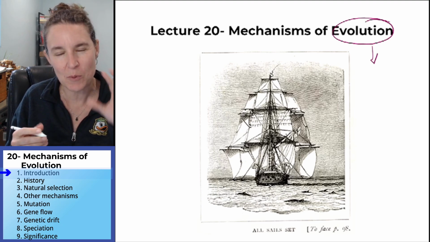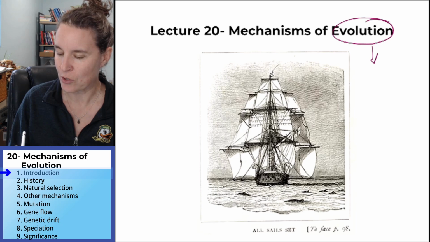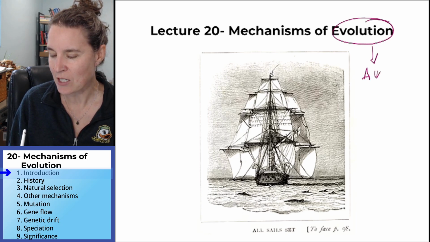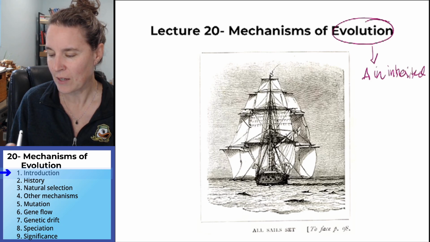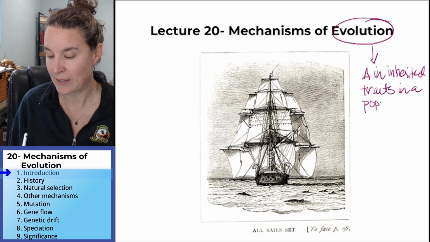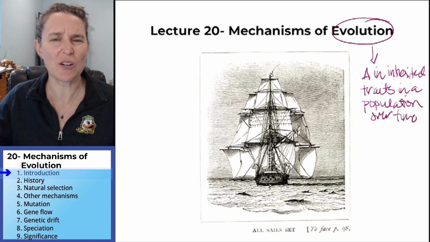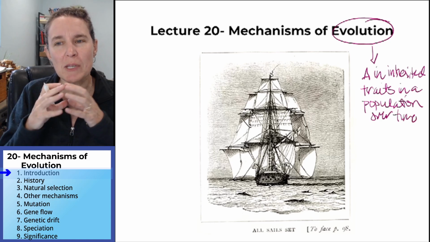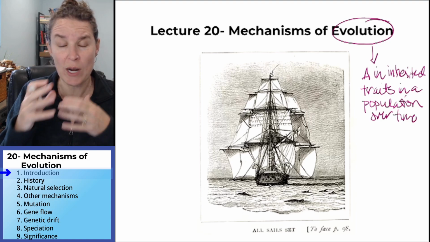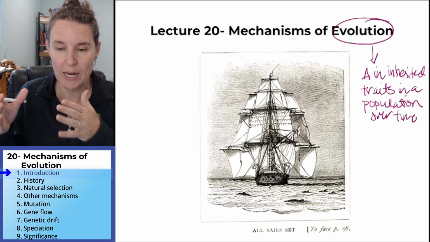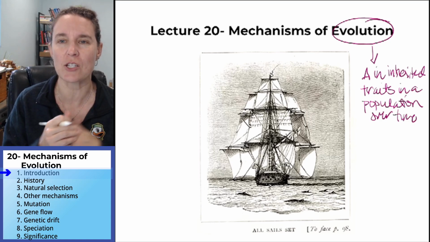And remember that we're talking biological evolution. And it is a change in inherited traits in a population over time, over generations. So we're going to be looking at traits, individual traits in entire populations and how those